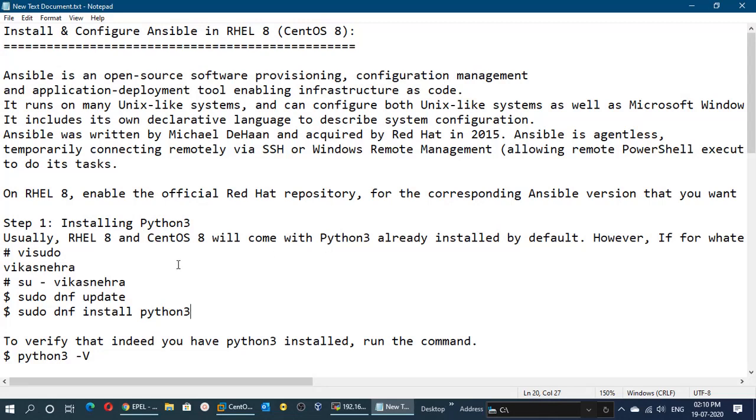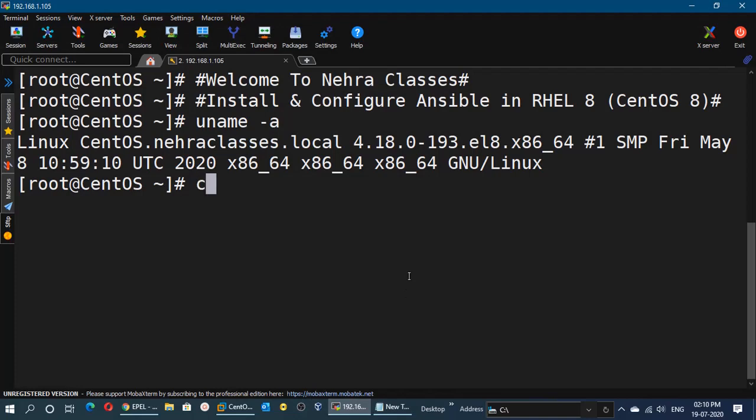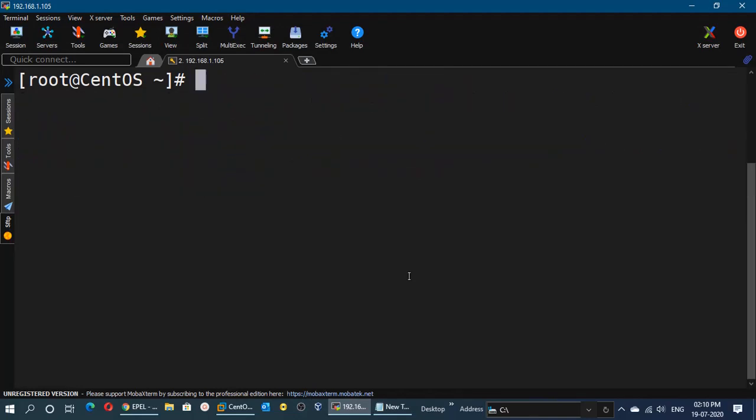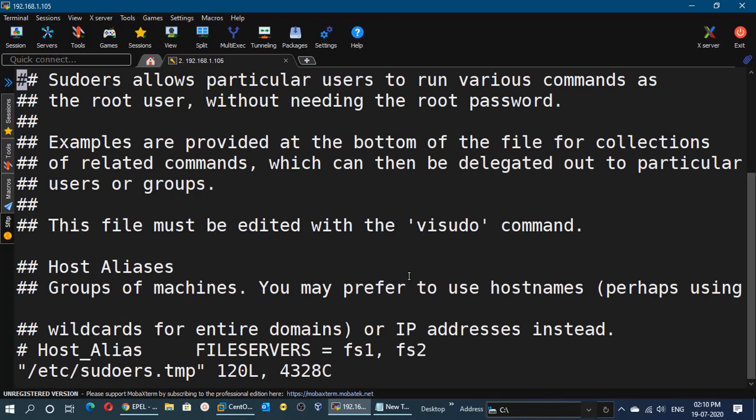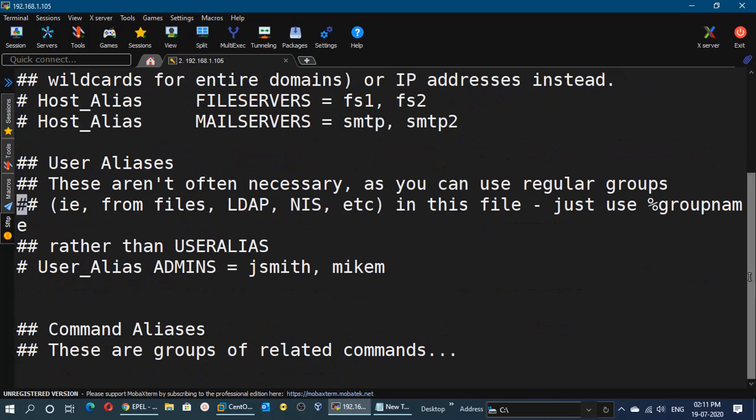To install Ansible in RHEL 8 or in CentOS 8, first we need to install the Python 3 package. But before that, we have to make an entry in the sudoers file for a normal user account who will be using the Ansible. So here let me use the visudo command, and here I will mention the username with which I will handle this Ansible.